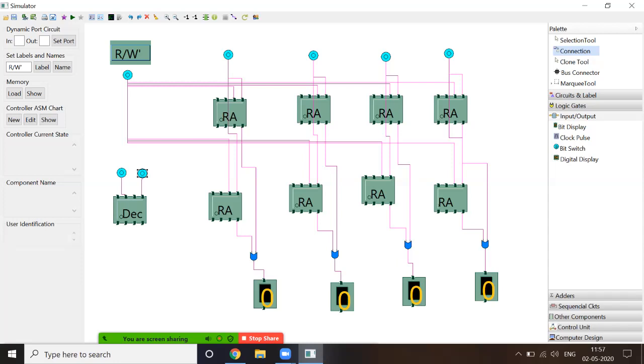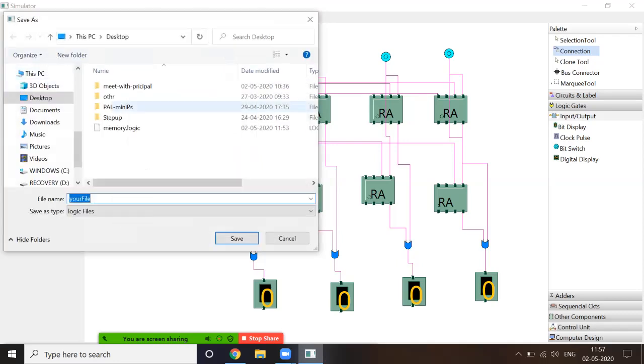See, you cannot make a connection from here to here. Okay, it is not allowed. You can check this because this is output. If I try to make a connection over here, it won't allow me. So from output to input only, a connection can be made. So I can select here and then I can click over here. So now the connection is made. Okay, pink line appears again. Select this, this is D0. You have to connect this pin to pin number 8 of the first row. That is, pin number 4 of the decoder should be connected to pin number 8 of all the RAM cells of the first row. Now this connection is done.